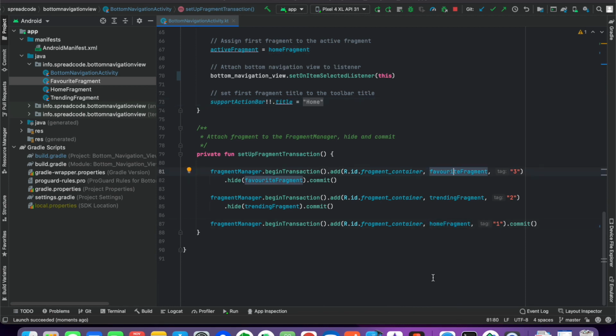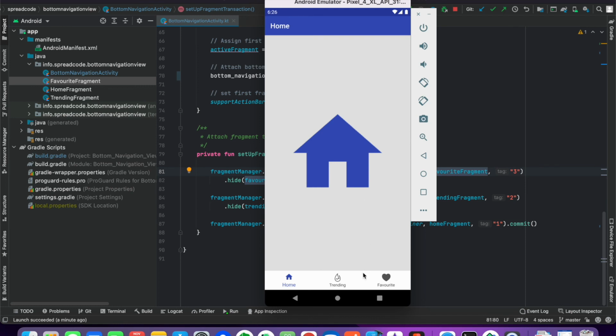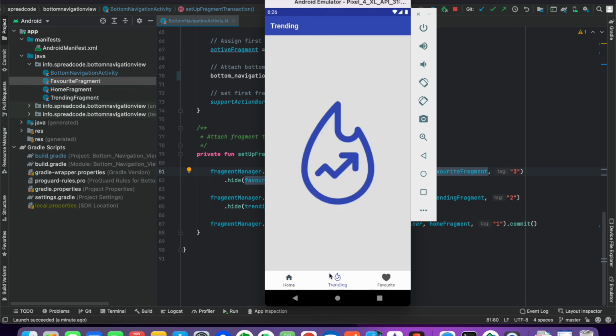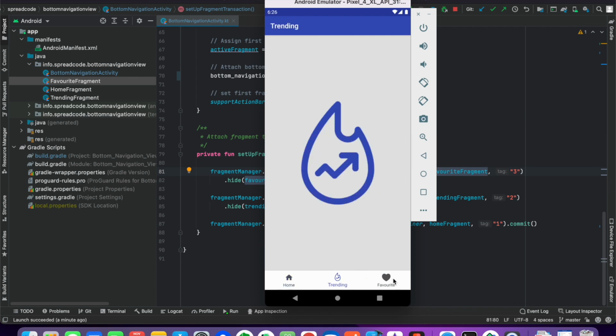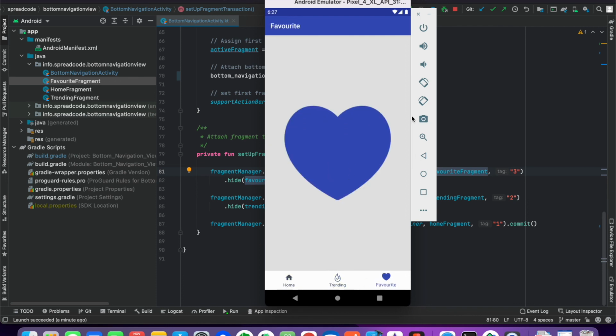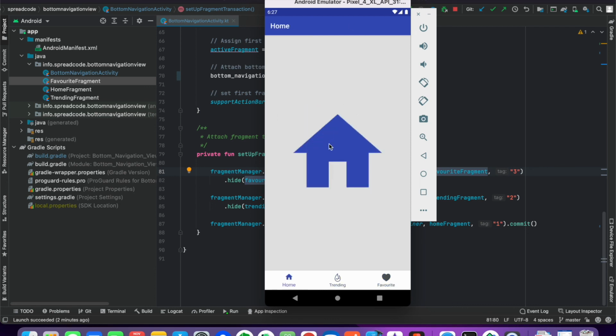I hid the favorite fragment and the trending fragment, but the home fragment I didn't hide. So the home fragment has been loaded first. I can click on trending and favorite, so you can switch between them, and you can design all these screens as per your requirement.